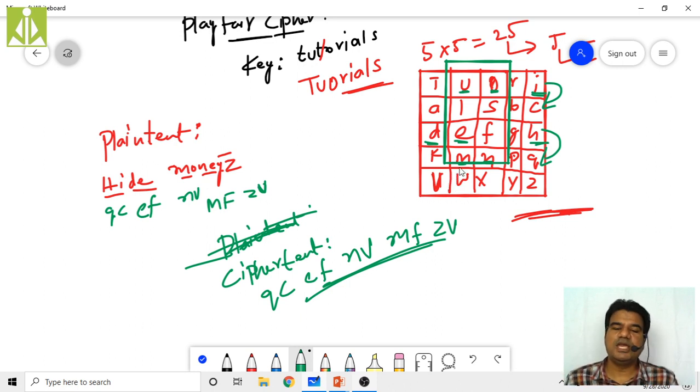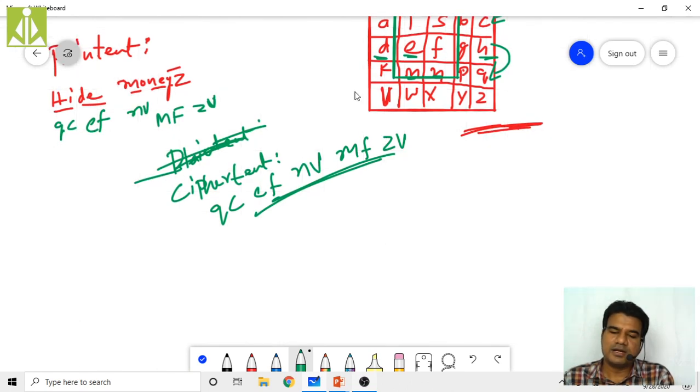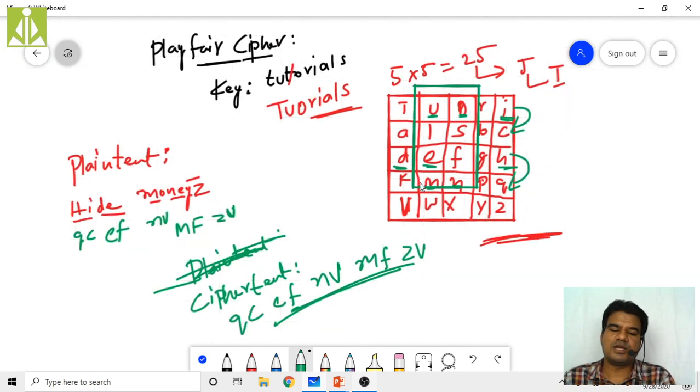So in this way we perform encryption under the Playfair cipher technique. First we have to select a keyword, and using that keyword we have to form the key table. When you are forming the key table, select only 25 characters by omitting J, and form a table of 5 cross 5, 5 rows, 5 columns, and start writing the keyword at the beginning. After that, put all the remaining English alphabet letters. Whatever letters you got under that word, you simply skip.